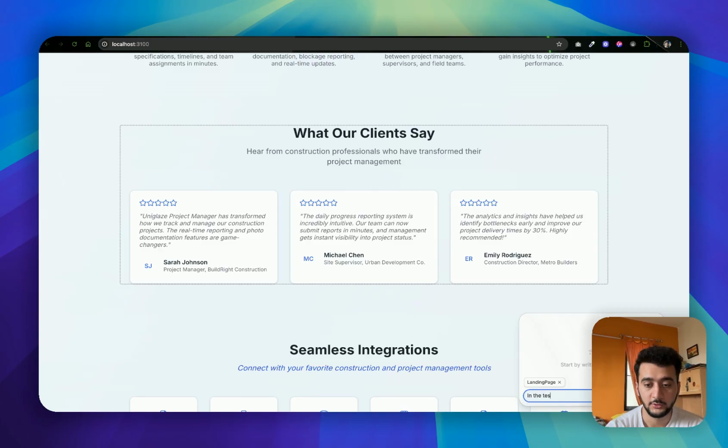In the testimonial, for example, here what I can see is the review is fine, but the person name should be sticky on the bottom. So I'll just say in the testimonial the review is good, but make the star rating text blue, because basically